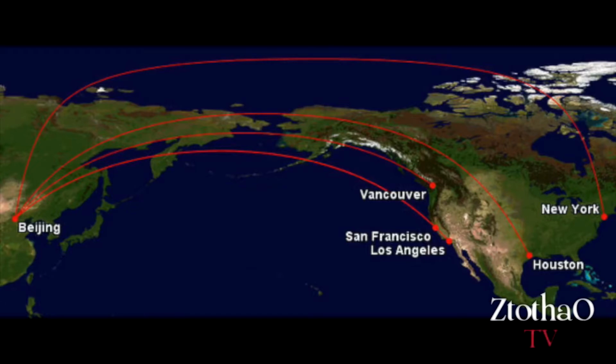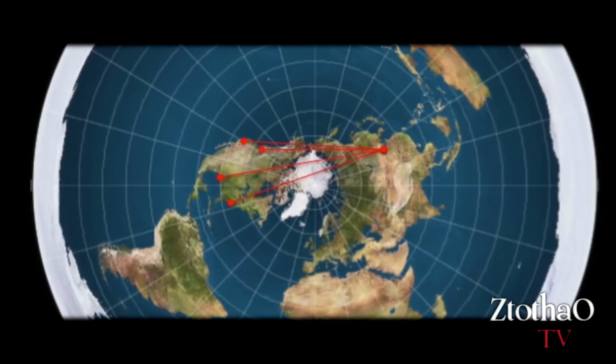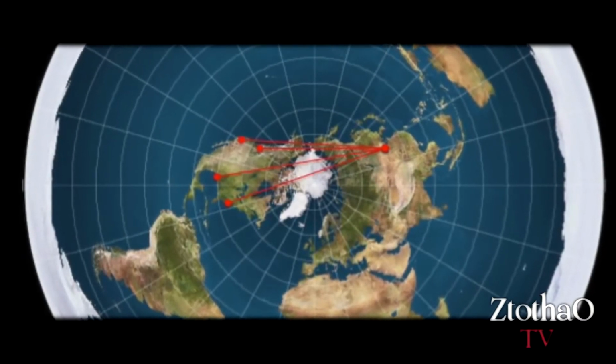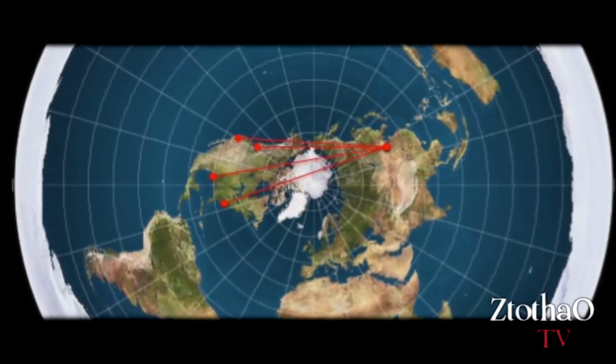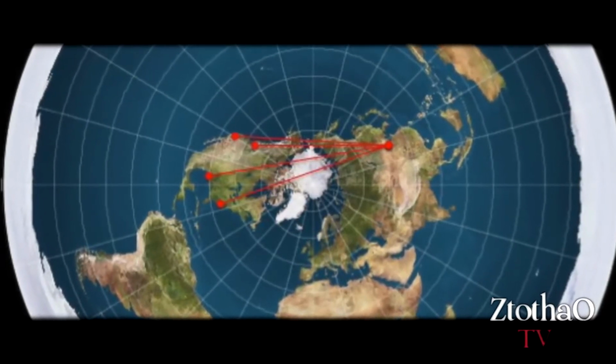The flat earth map, the North Pole azimuthal equidistant. Well, when you curve the map, the flight route becomes a straight line. So look at these flight routes. When you go from Beijing to San Francisco, it's a curved route, and then they're coming back down to San Francisco. When you look at this route on the flat earth map, when you take the plotting from the square map and plot it on the curved map, the plot becomes a straight line. And we know the shortest distance between 2 points is a straight line.